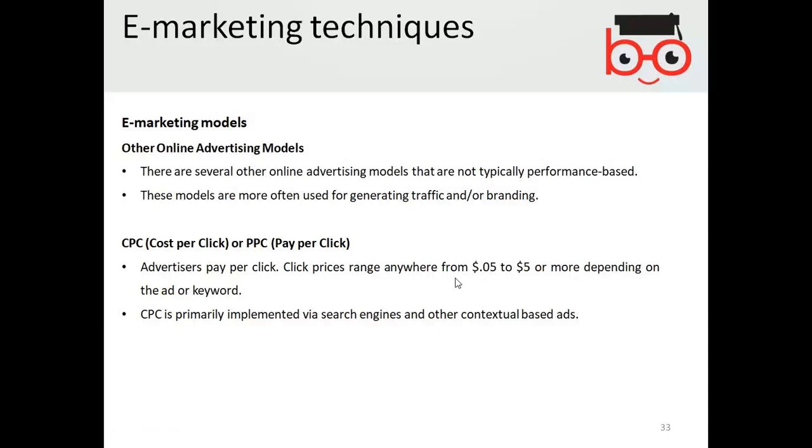Is that clear? Yeah. Like the model, nowadays we see websites put advertisements, from Google or anywhere, they are doing it because of payment, and the payment is being done by one of the models like pay-per-click.